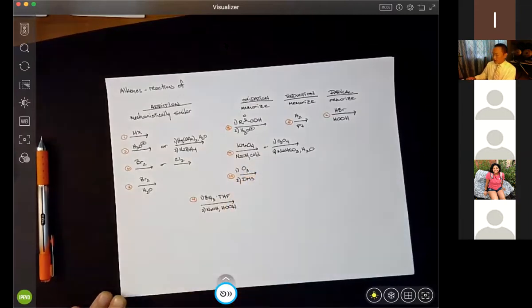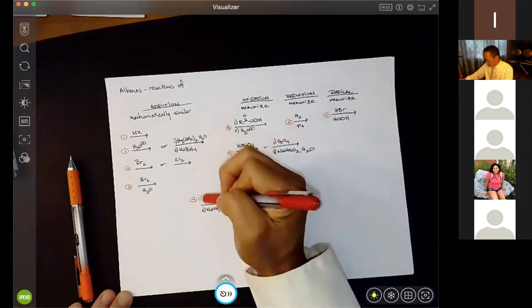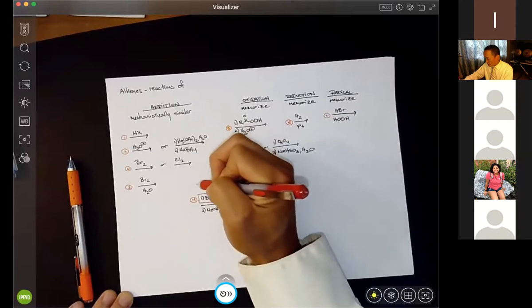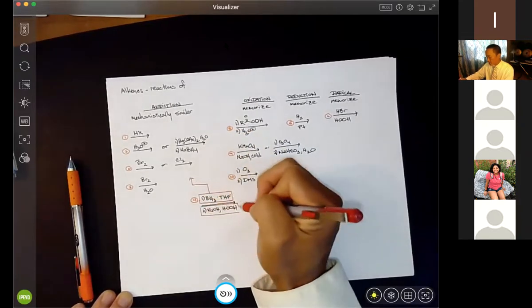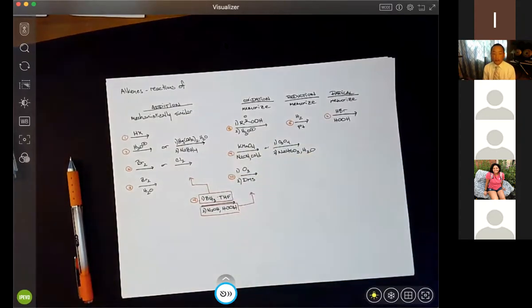This reaction, the first half of this shares mechanistic DNA with the addition reactions, and then the second half of this reaction shares mechanistic similarities to the oxidation portion. And so we'll be able to track at least the top half of this reaction with the same type